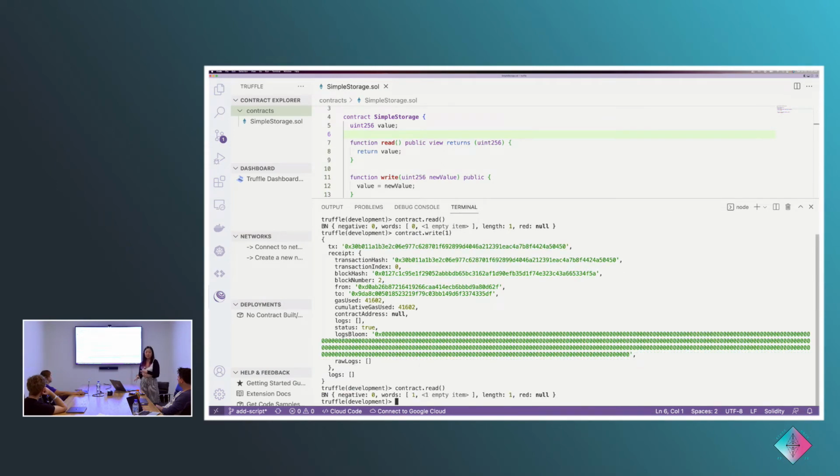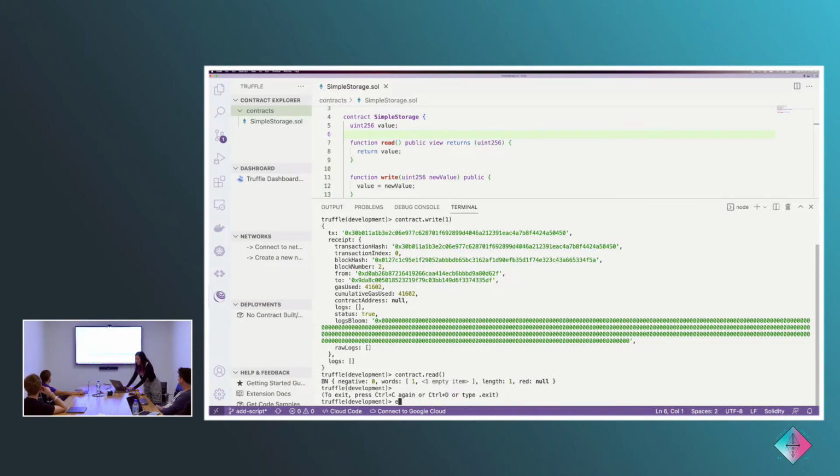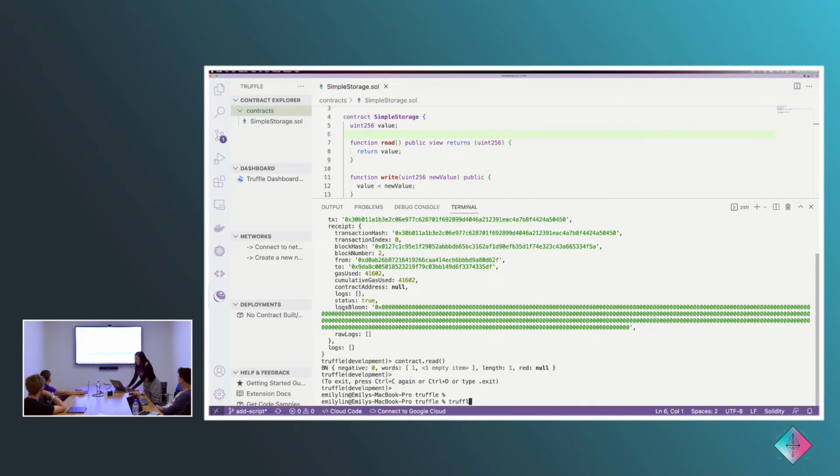This is a really good entry point just for starting off. Like, did I even get it right? I don't need to write a full test. Once you get to the stage of wanting to write a test, then you can just do a Truffle test,